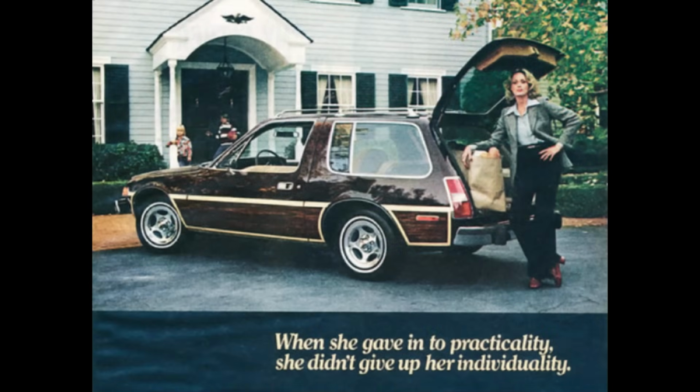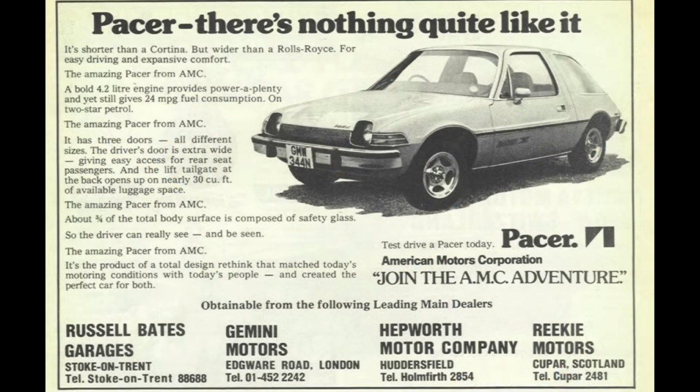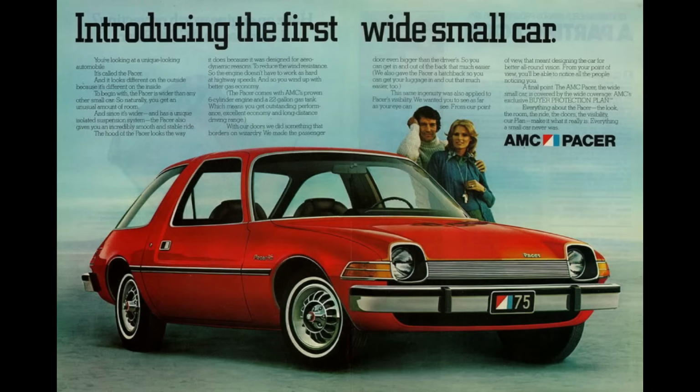The AMC Pacer was intended to be radically different when it came out in 1975, and that it was. It was a small car with huge windows, and it sort of looked like a fishbowl on wheels. There were definitely no blind spots in this thing, which was a little embarrassing because everyone could see you driving